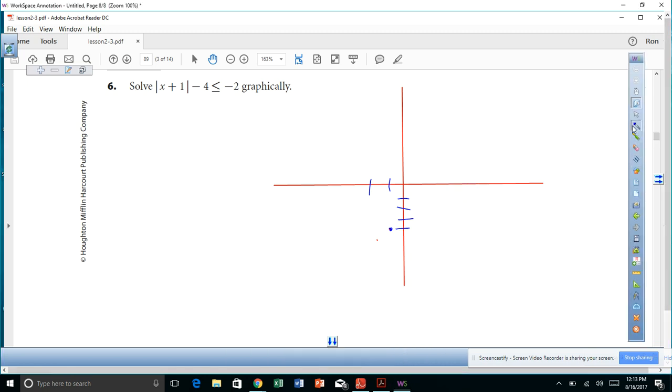Let me get me some focus points here. 1, 2, 3, 4, and 1, 2, 3. All right, and let's see here. So 1, 2, 3, 4. That's 1, 2, 3, 4. All right, and then 1, 2, 3, 4. Okay, it has a slope of 1. See, A is 1 and B is 1, so it's going to have a slope of 1. And we'll just